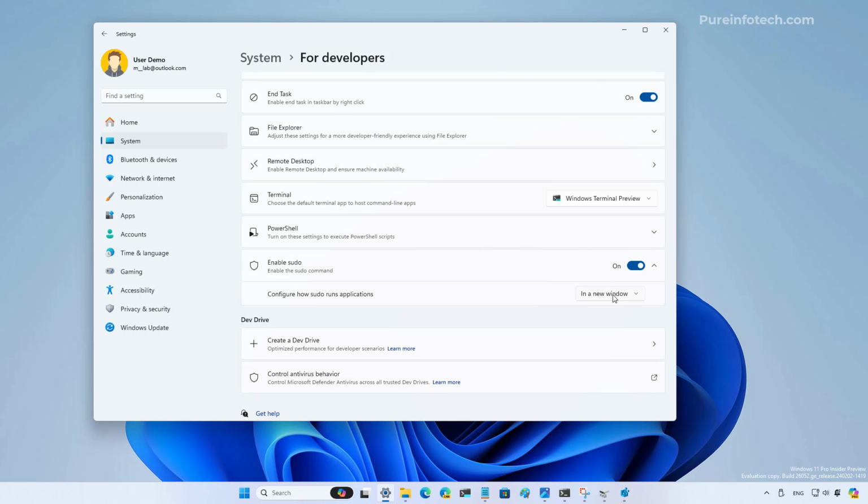And now choose the mode that you want to use with the command. The recommended mode is to use the inline option. This will give you the same experience like using the sudo command on Linux and macOS and other Unix-based operating systems. This means that when you run the sudo command, the console will allow the execution of the administrator tasks